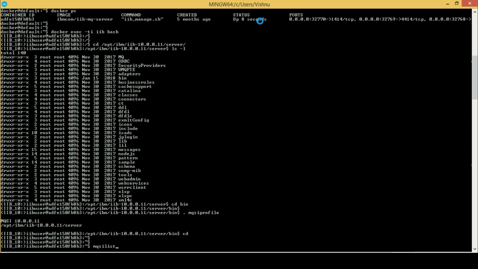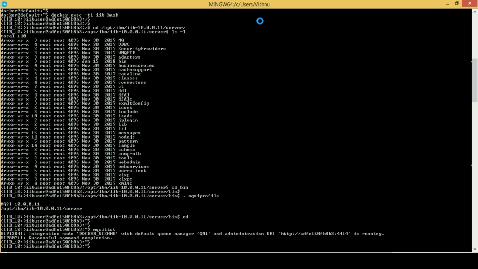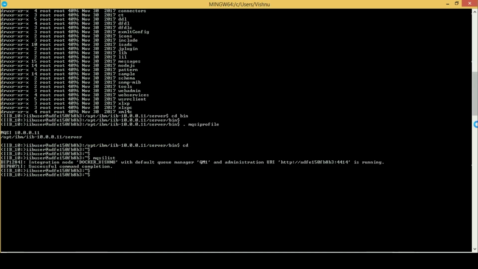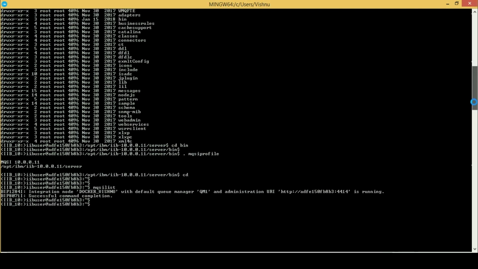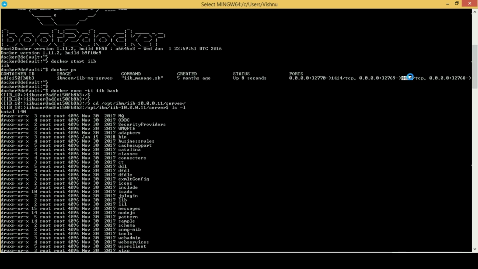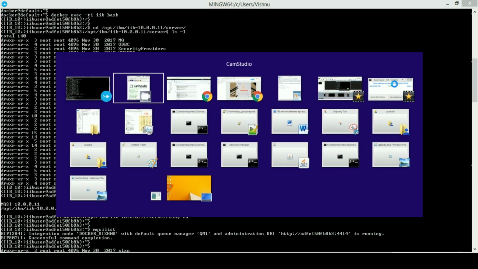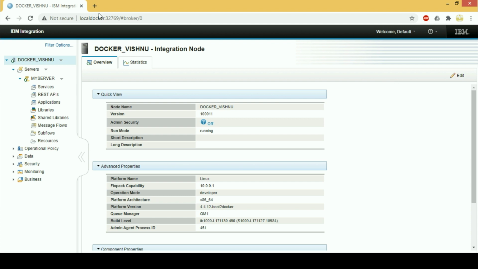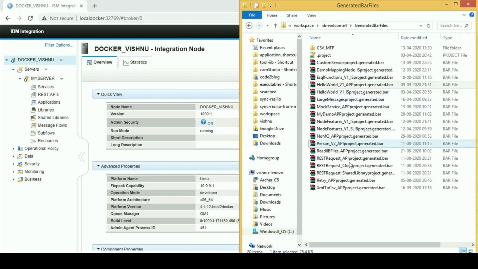Notice that port 4414 is where your broker runtime is exposing the web GUI, which maps to port 32769 to expose the traffic outside the Docker container. Use a browser to view the contents of your broker and integration server. As the execution group is empty, I will deploy some application into it for testing. We will enable user trace after that.